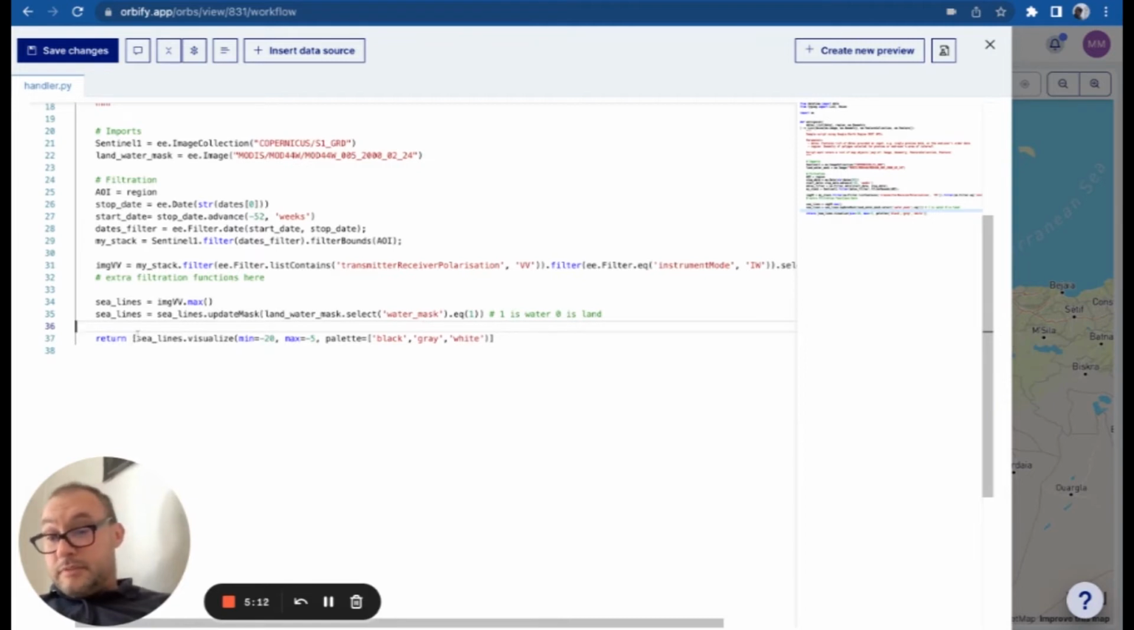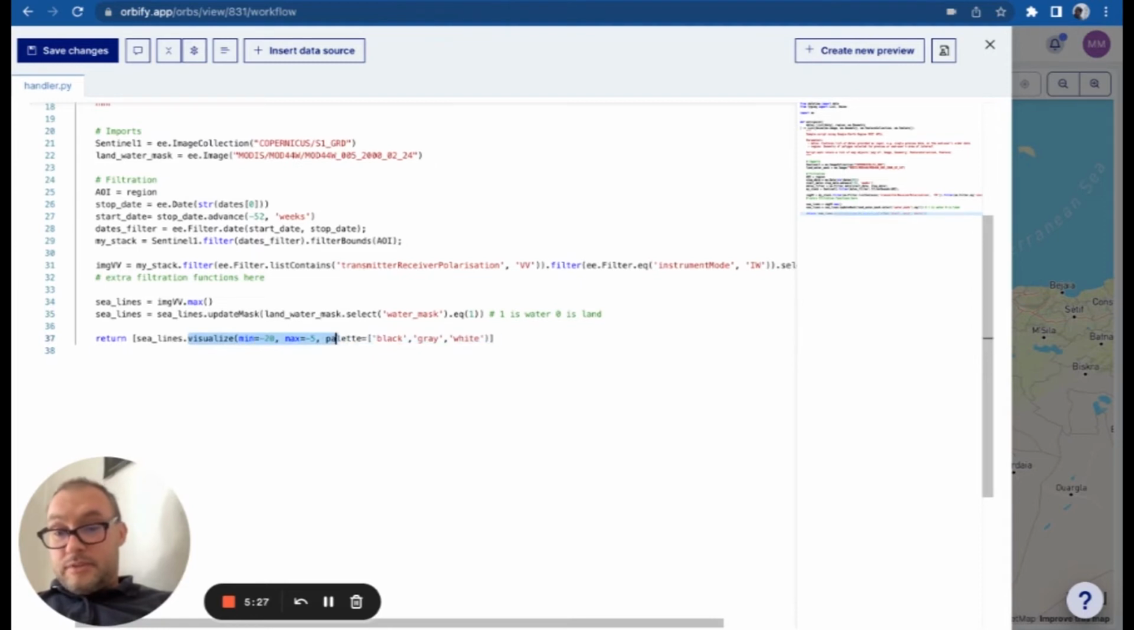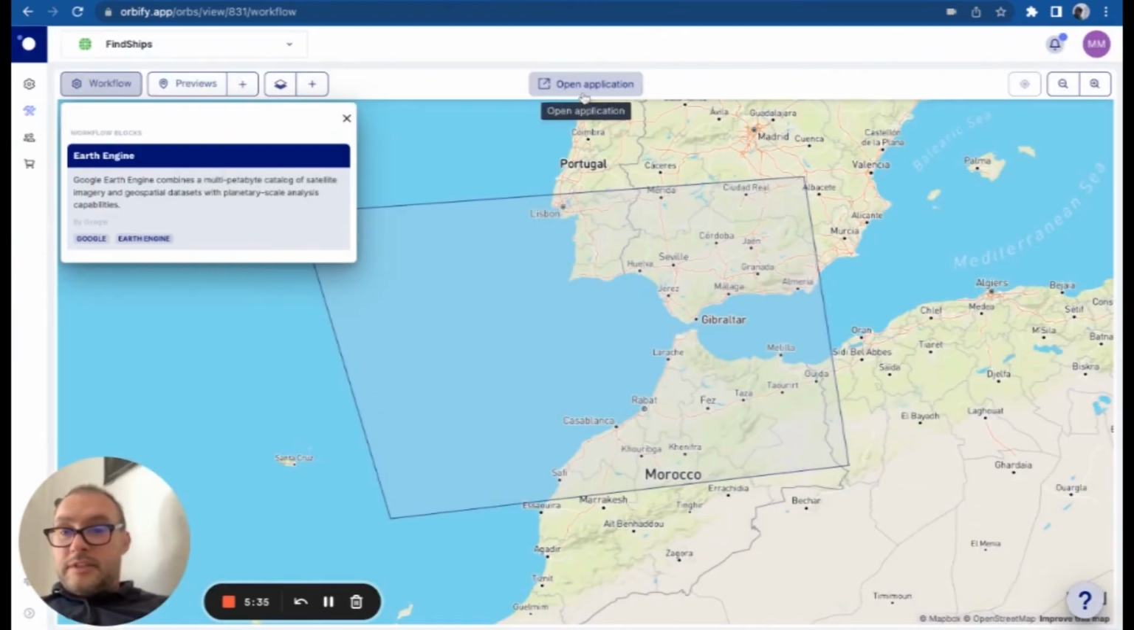Here, in the return function, it's important to provide an image or images or features that will be displayed on the map. Simple as that. We also provide the visualization parameters compatible with Google Earth Engine. So let's save the code, go to our administrative panel,